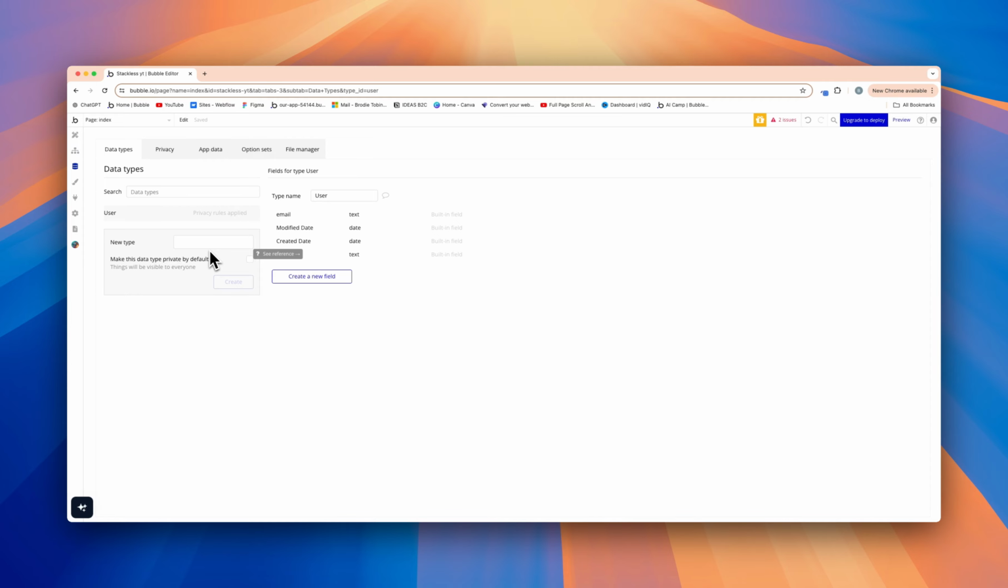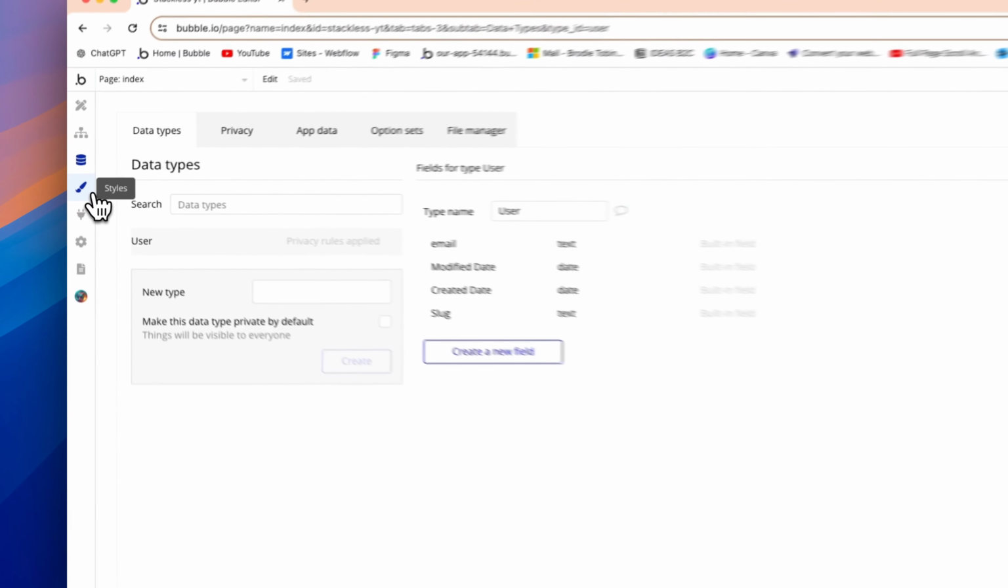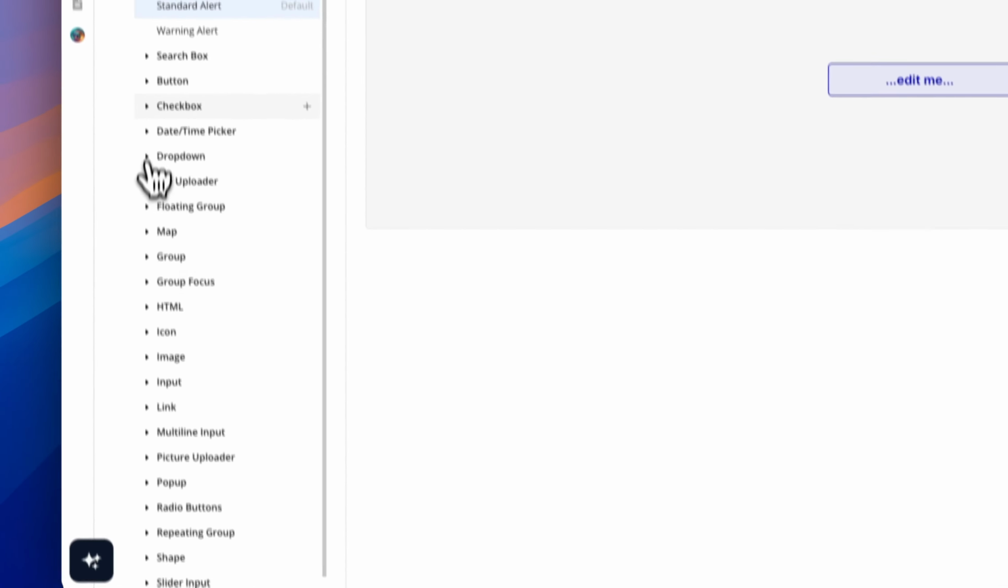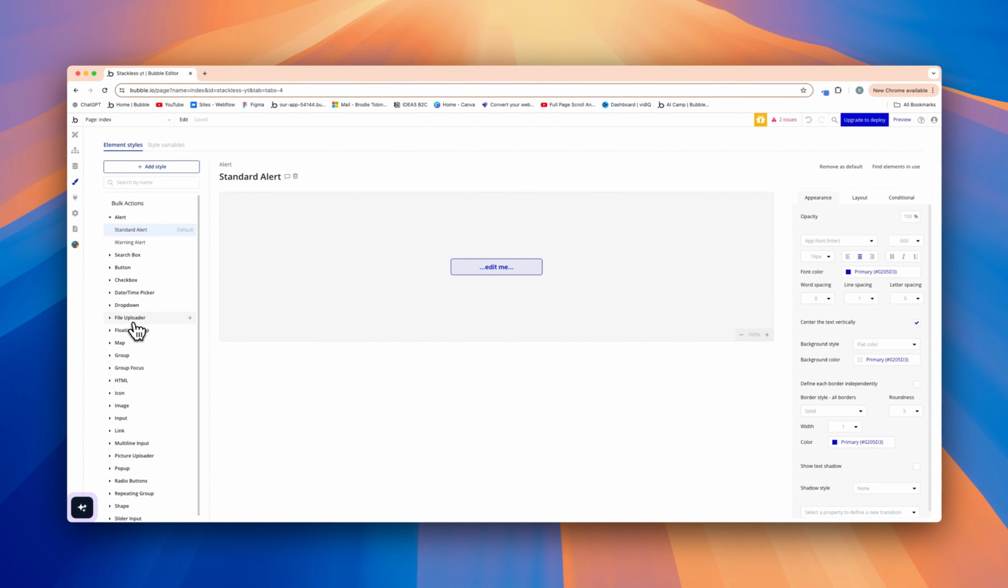It's really as simple as that for the data types. The styles is where you set all your element styles up. So once you load an app, it'll be a certain way, default by Bubble. But if you were making an app and you were using similar styles and buttons and colors throughout your whole